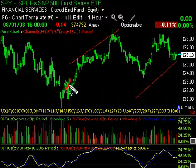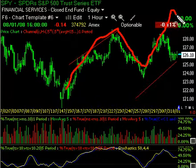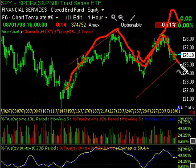We should be seeing a higher high being made and then a pullback. We shouldn't be seeing this kind of fussing around action here, where it's not really making that higher high and just pulling back here. That's why we're getting